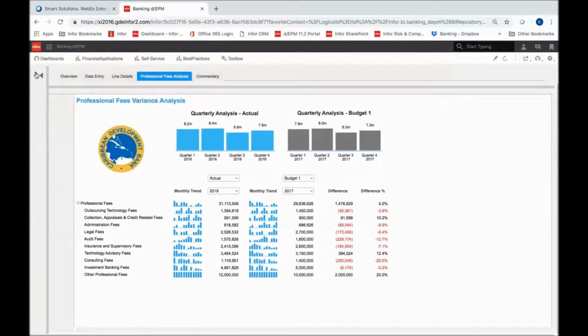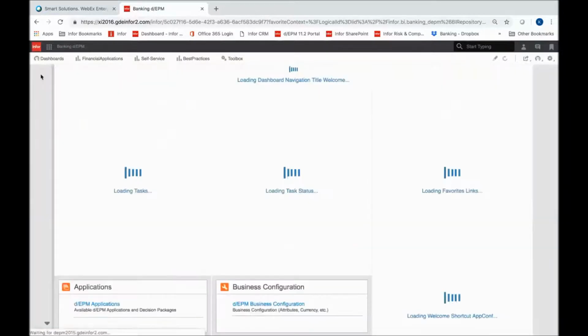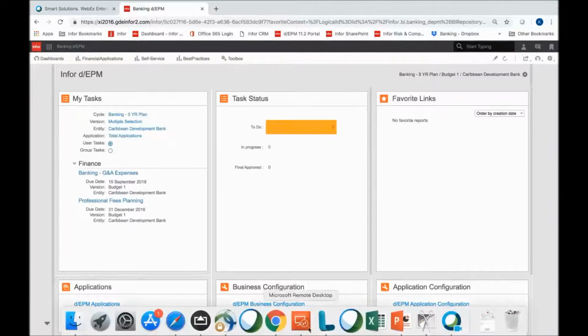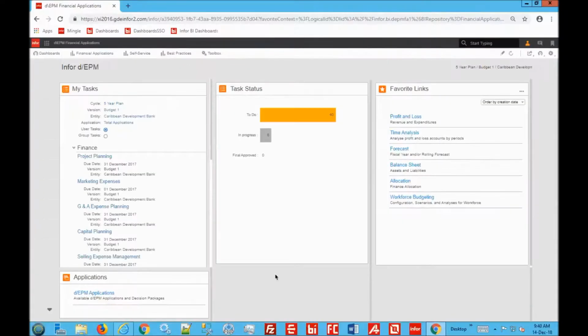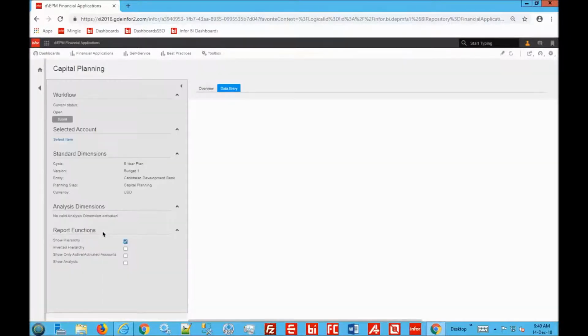No questions. Okay, good. Let me go back to our front end. I just wanted to show you real quick, there was some conversation that you guys wanted to see how a couple of the specialized capabilities work. First off, capital planning. So let me open up our capital planning. We have a workbook for capital planning. And within that capital planning workbook,